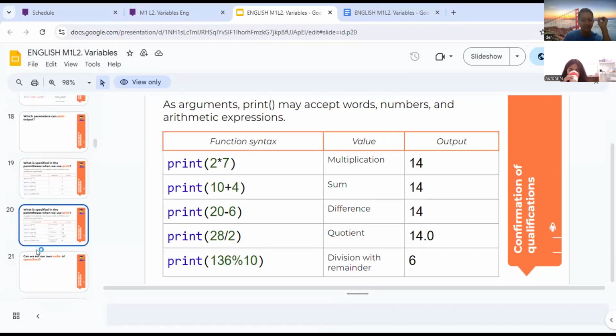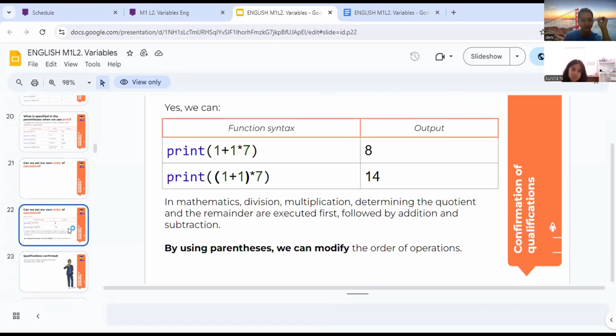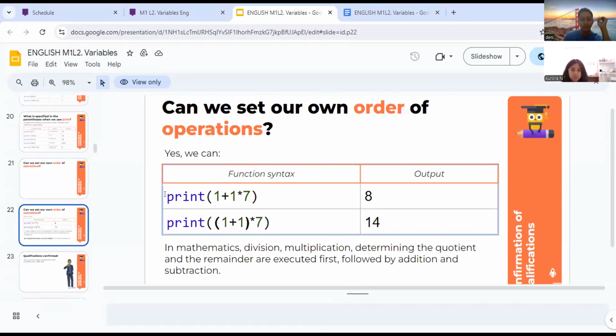And then what about this? If we print the first line, what's the result? 8.